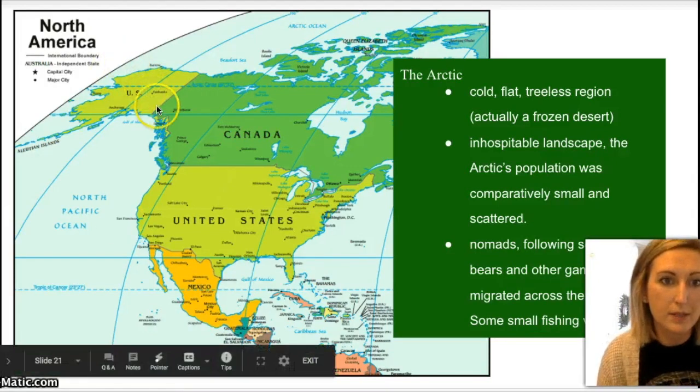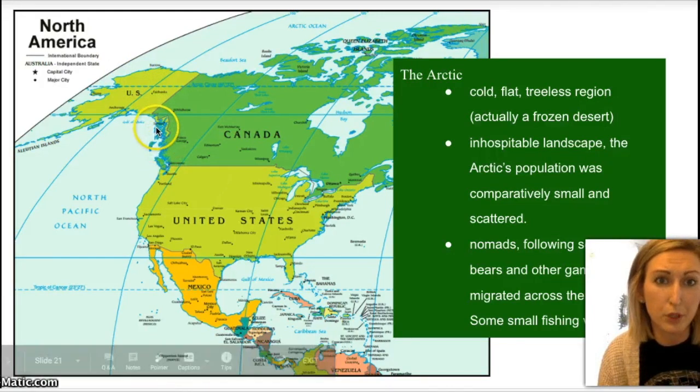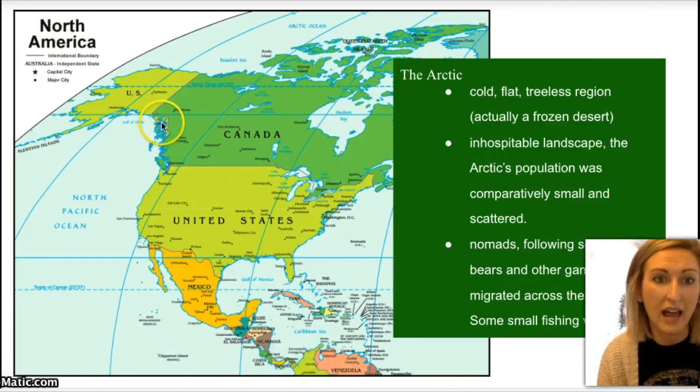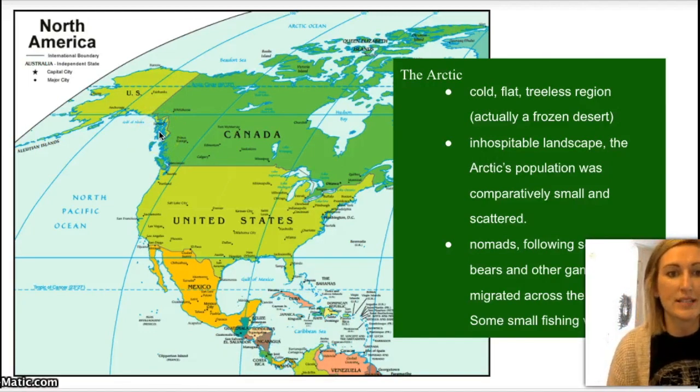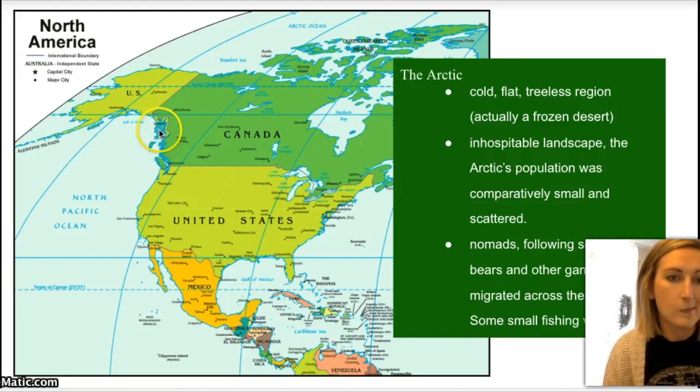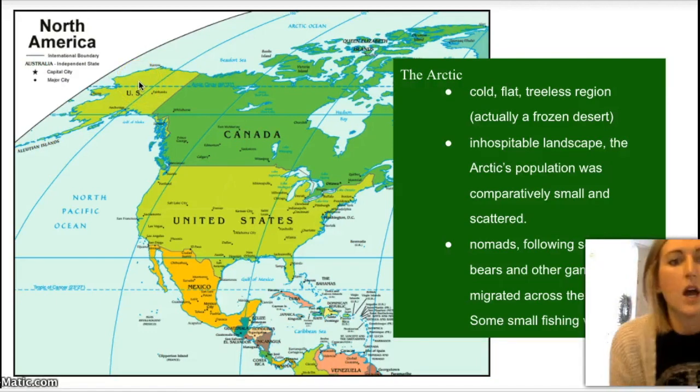One of the tribes is called the Tlingit, and they probably lived in this area that looks really blue, but that's all Alaska. It's so blue because there are so many inland waterways that come into the land. This is like where Juneau, Alaska is. So the Tlingit probably had small fishing villages. But further up into Alaska, there might have been a tribe called the Inuit. You might have heard of them.